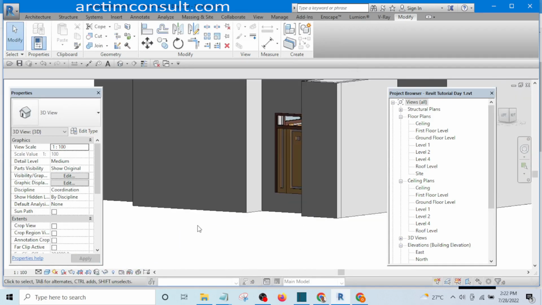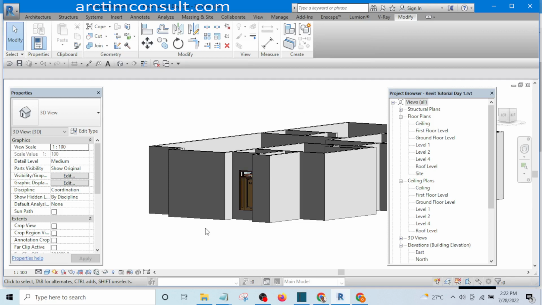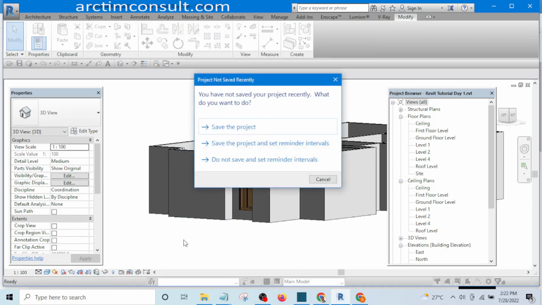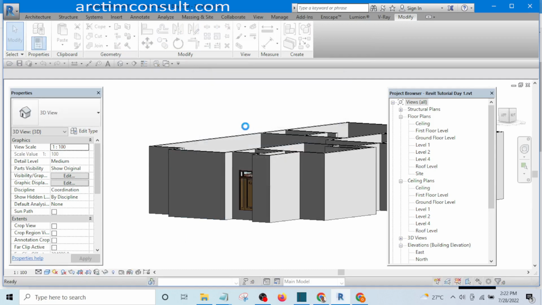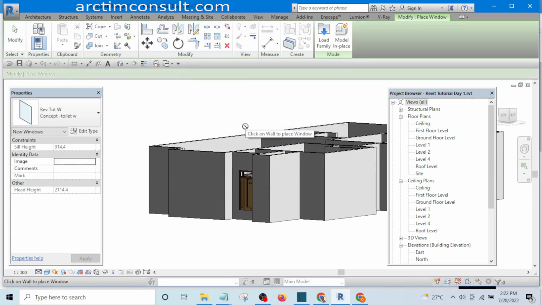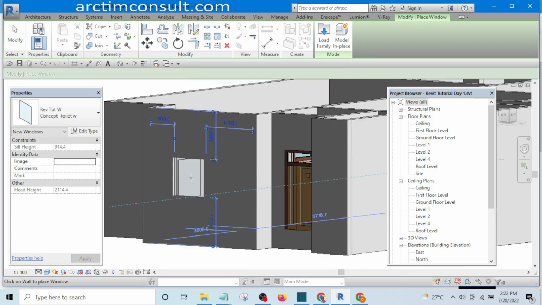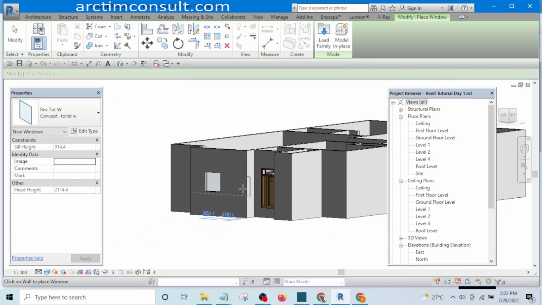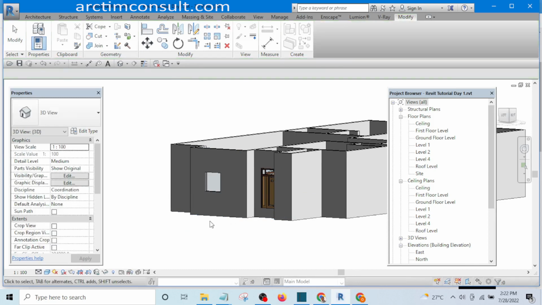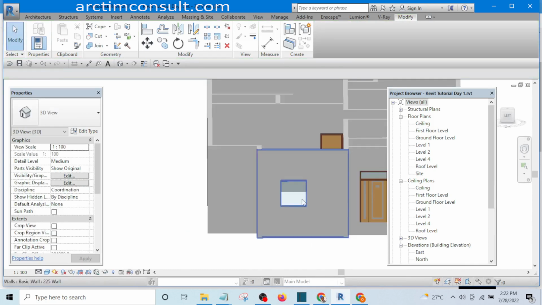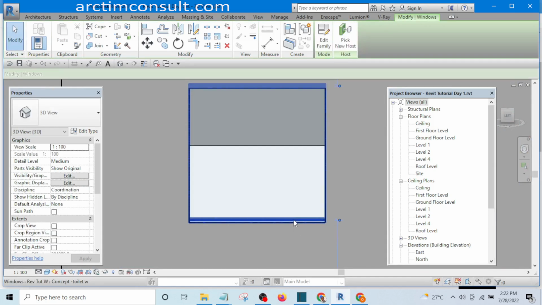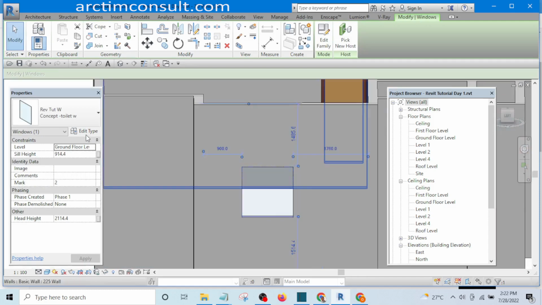And that window is not active. Okay, let me select window. My shortcut for window is WN, and let's save this project and place the window. Okay, that is that. It is working, and let's select it and